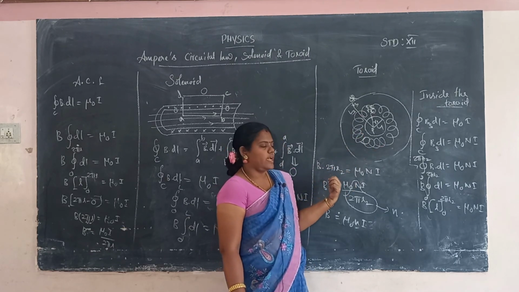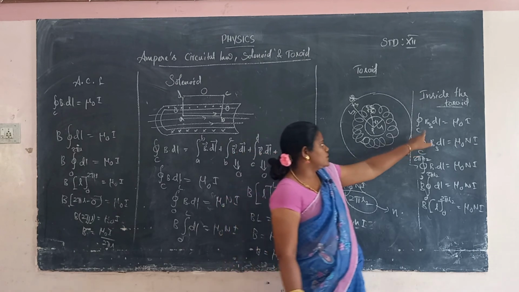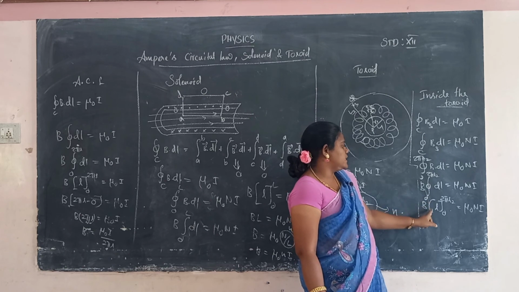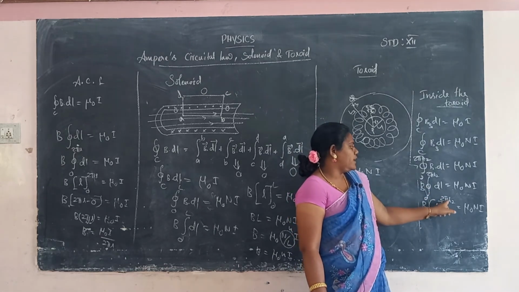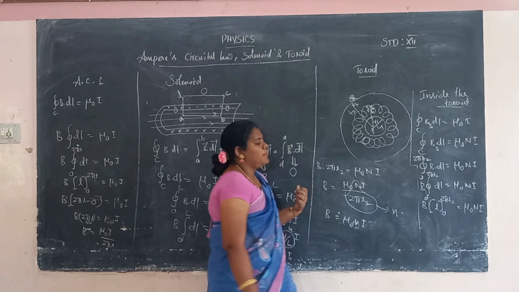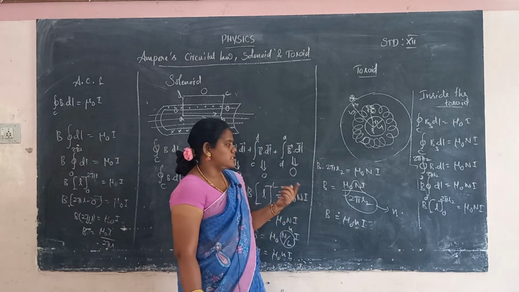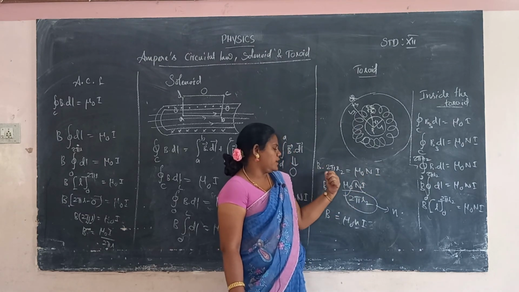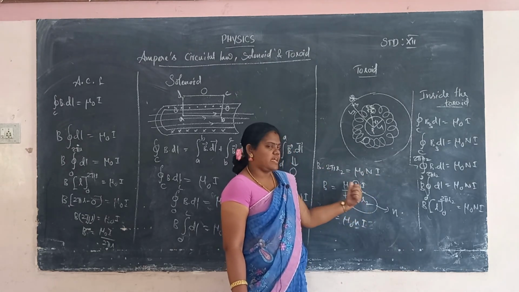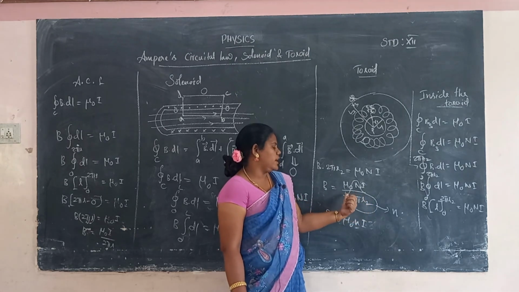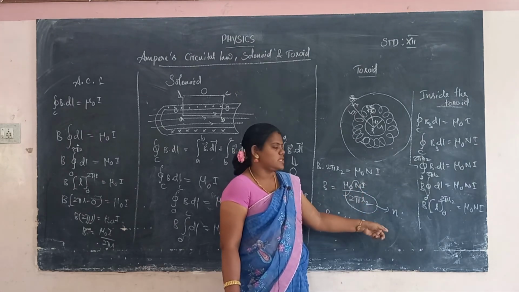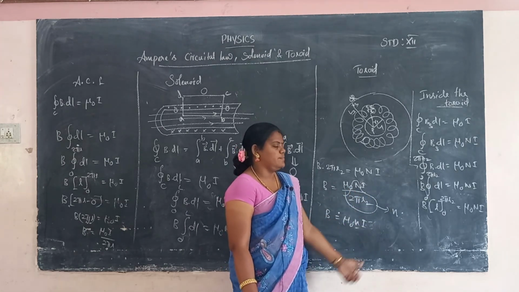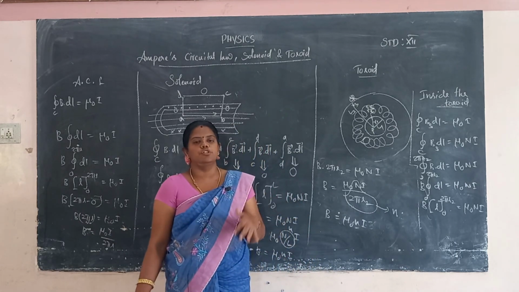So, inside of the toroid, the closed integral of B dl is equal to mu naught I. We can calculate easily, and the upper limit we have to apply is 2 pi r, equal to mu naught I. But we have to consider N, the number of turns of the toroid. So, mu naught N and I, and 2 pi r goes to the denominator on the right hand side. So, N by 2 pi r is a constant, n. So, mu naught small n into I. So, B is equal to mu naught into n into I. That is the magnetic field due to the toroid.